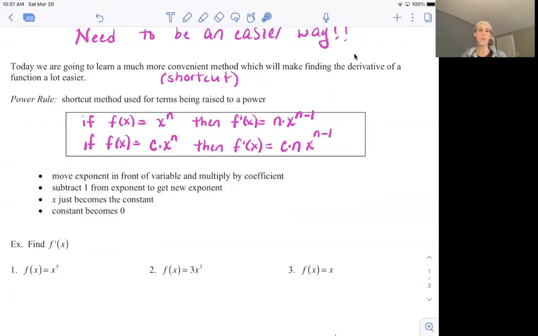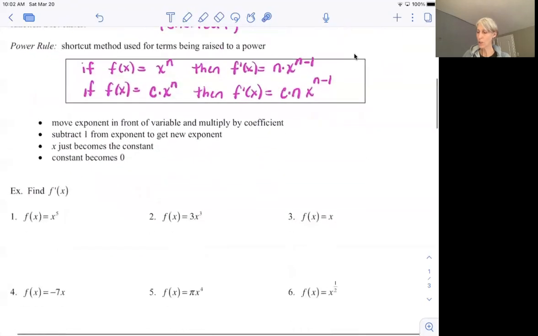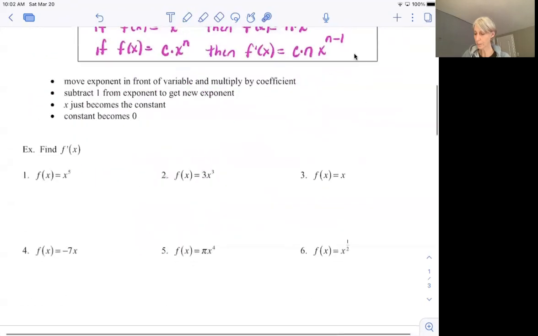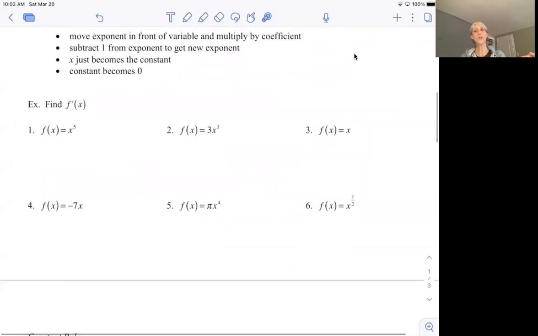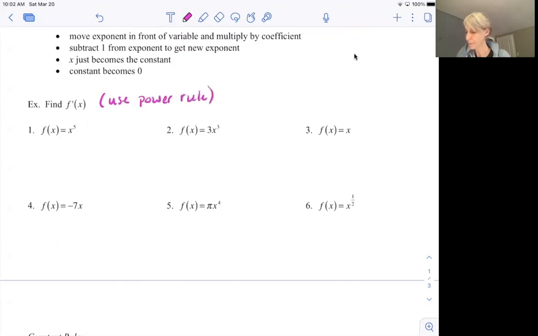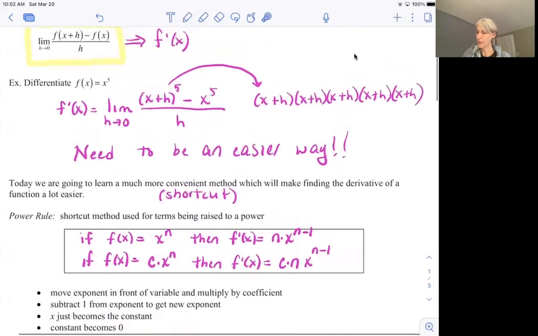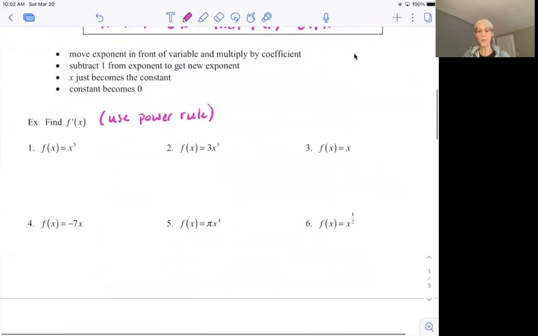Okay. I just want to remind you right here that these shortcut methods came about from the definition of the derivative, but those proofs are way too long to show. So we're just going to use the rule. Just work through the examples. They're super easy. So we want to find f prime of x. And now again, we're going to use the power rule. We're not setting up the definition of the derivative. So instead of working out this big long thing up here, now we're just going to use this nice shortcut